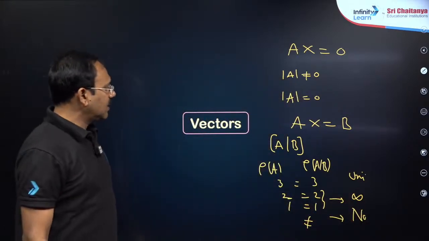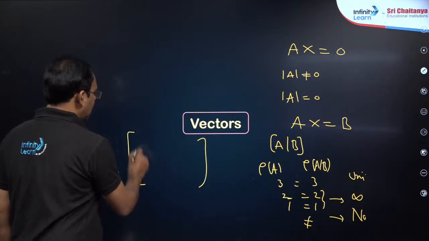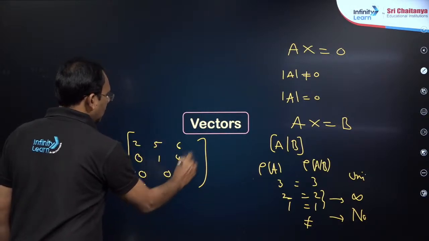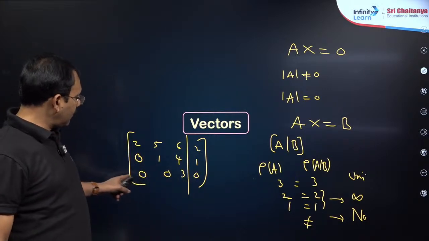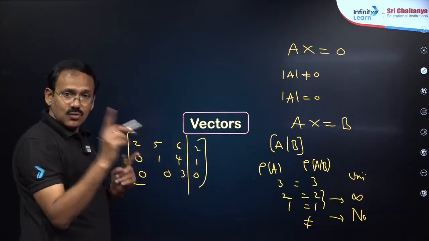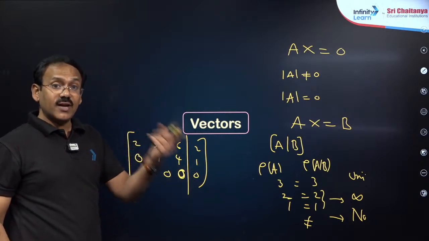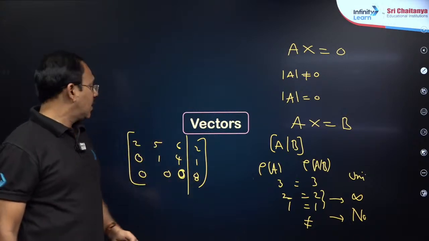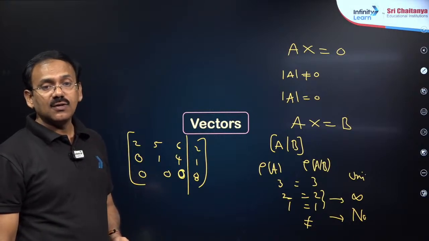Yeah, rank method, consider the augmented matrix, my dear friends, and convert the matrix into echelon form, so here 3, you try to maintain 0, 2, 5, 6, 1, 4, 3, 2, 1, 0 kind of. Find rank of A by B. Rank of A means number of non-zero rows. For example, here rank of A is 3, rank of A by B is 3, unique solution. Suppose this is also 0, rank of A 2, rank of A by B 2, infinitely many solutions. Suppose this is 8, rank of A is 2, rank of A by B is 3, I can say no solution. Like this you can conclude number of solutions.